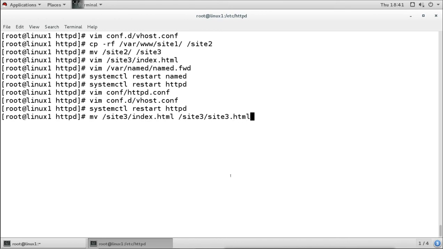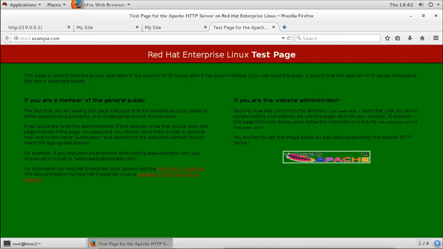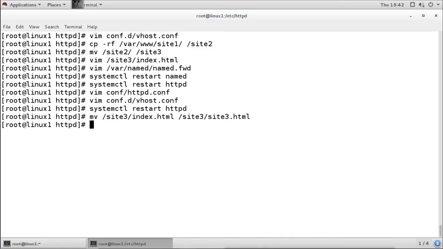I just renamed the home page file. Now when you check it from the client side and refresh, it is not detecting the file. So we have to make sure the file name is index.html, and if it is not index.html, then we have to change it in the configuration file.